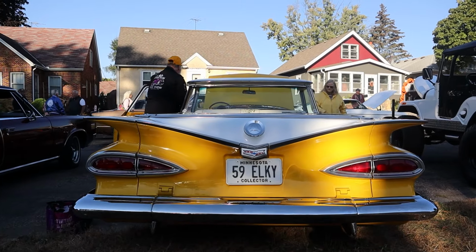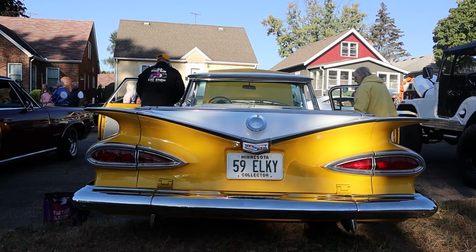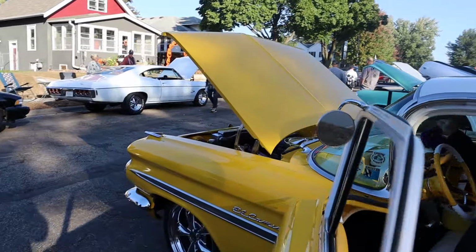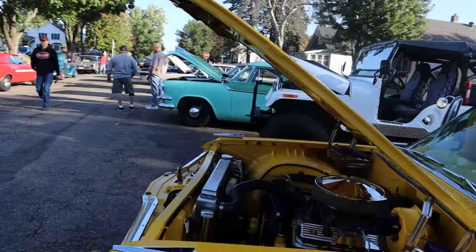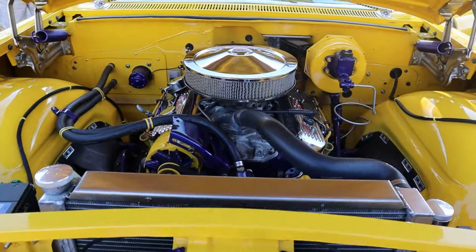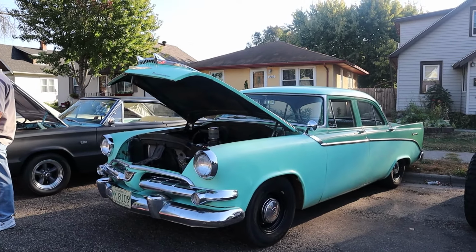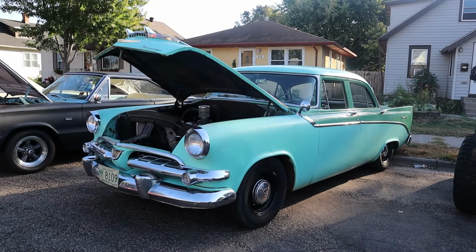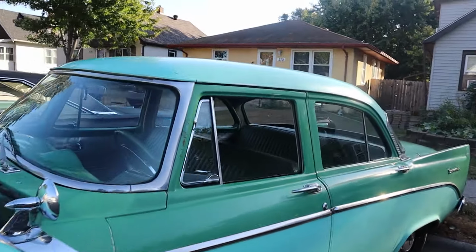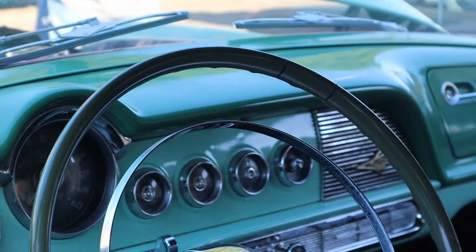Look at that. Just take a moment to appreciate this. We got some purple in there, yellow and purple. Must be Vikings fans too, huh? Where do you park? This is an old 56 Dodge. I think it's a Coronet. I believe I've seen this girl before. Kind of remember the colors. We met at 7:30. Yeah,